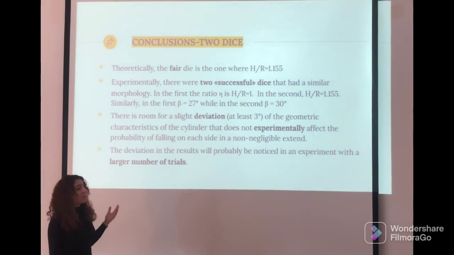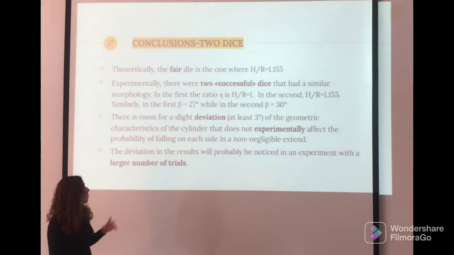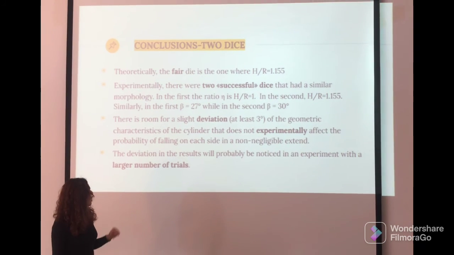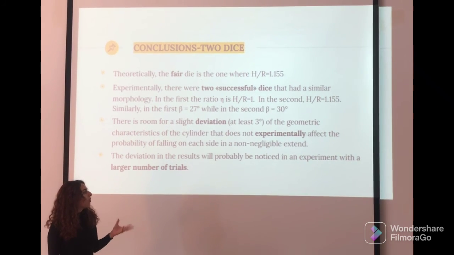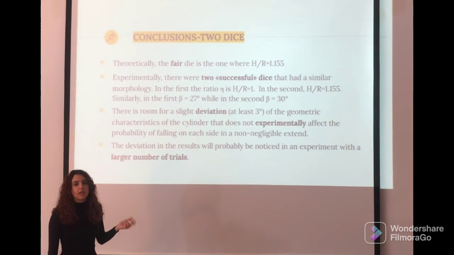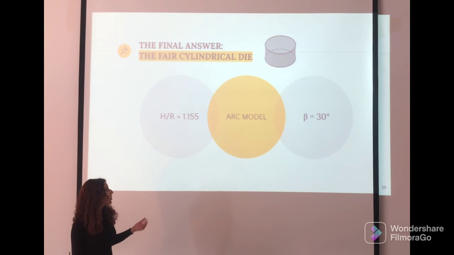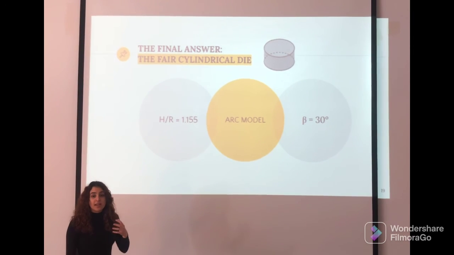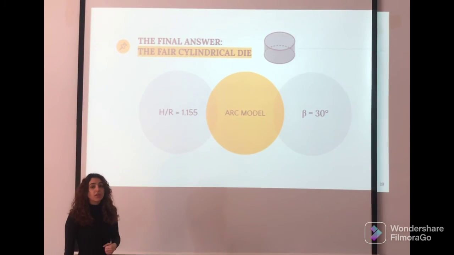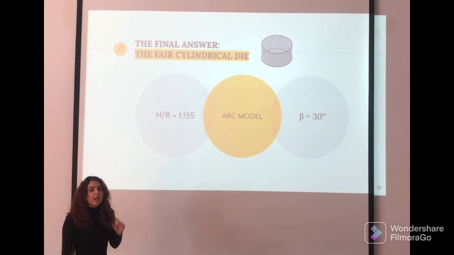So we can say that there is room for a slight deviation of at least 3 degrees of the geometrical characteristics of the cylinder that does not experimentally affect the results. The deviation in which the results will probably be noticed is in an experiment with a much larger number of trials than ours. Finally, the answer to the original stated research question is that the dice that acts as a cylindrical die is the one where height over radius is 1.155 and angle B equals 30, and the one that confirms